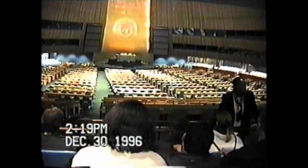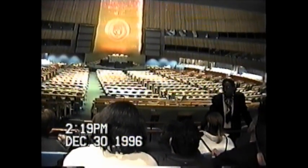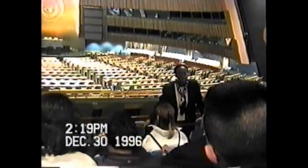It is also in this room that the member states decided to create UNICEF in 1946 to deal with the emergency of children in Europe and also in China. Over the years, they've increased the mandate of UNICEF. It is